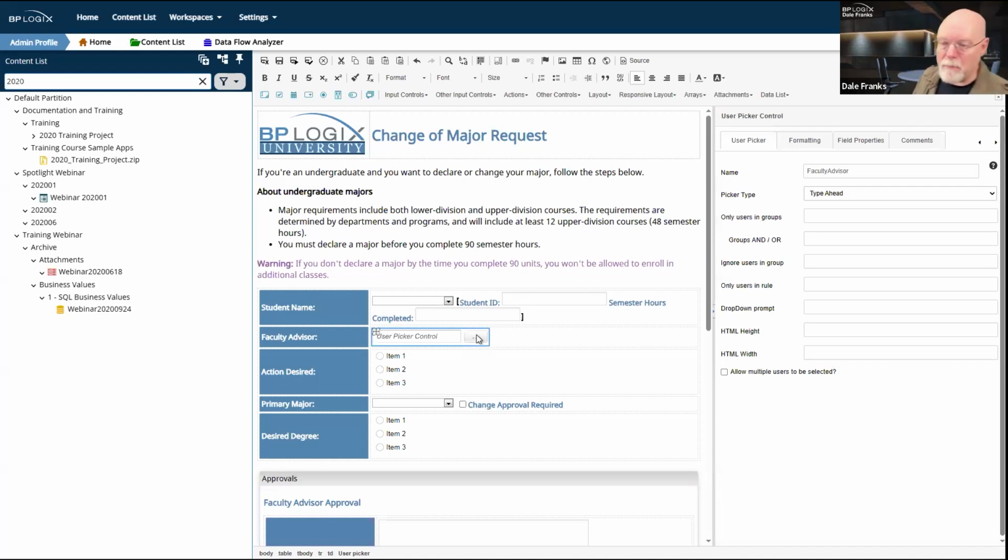And when they submit their change of major request, the first thing that's going to happen is their faculty advisor, chosen via a user picker control, will be assigned a task, and that faculty advisor will then do whatever is necessary to counsel the student about that change of major request that they put in there.